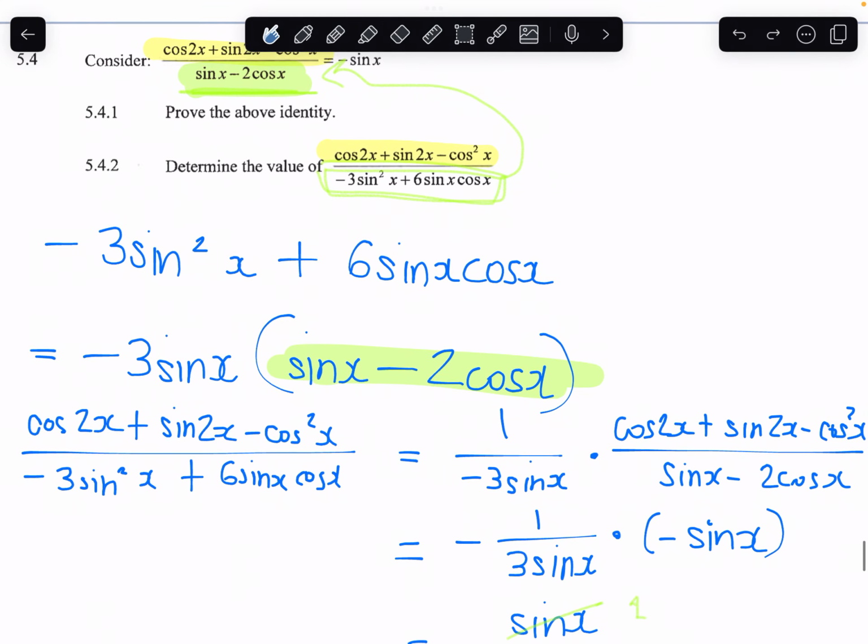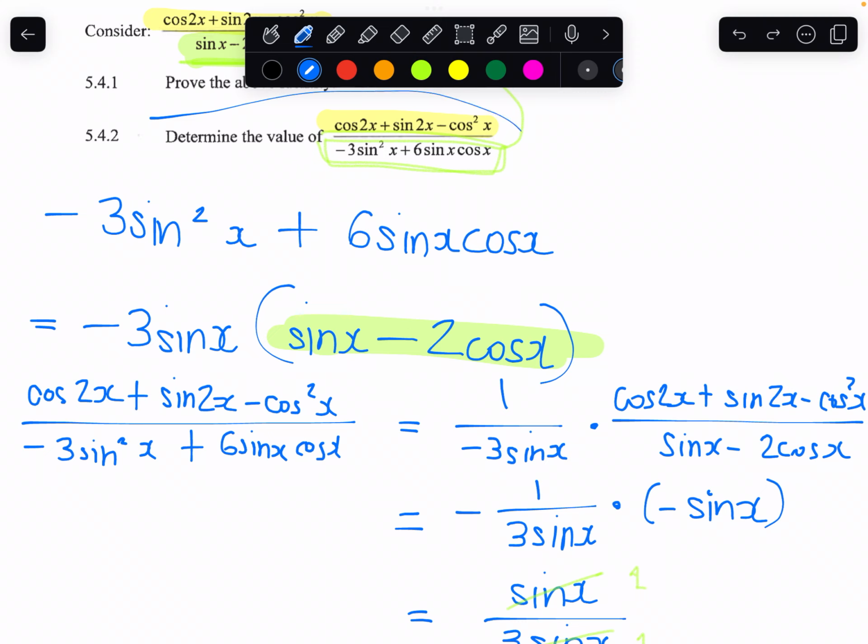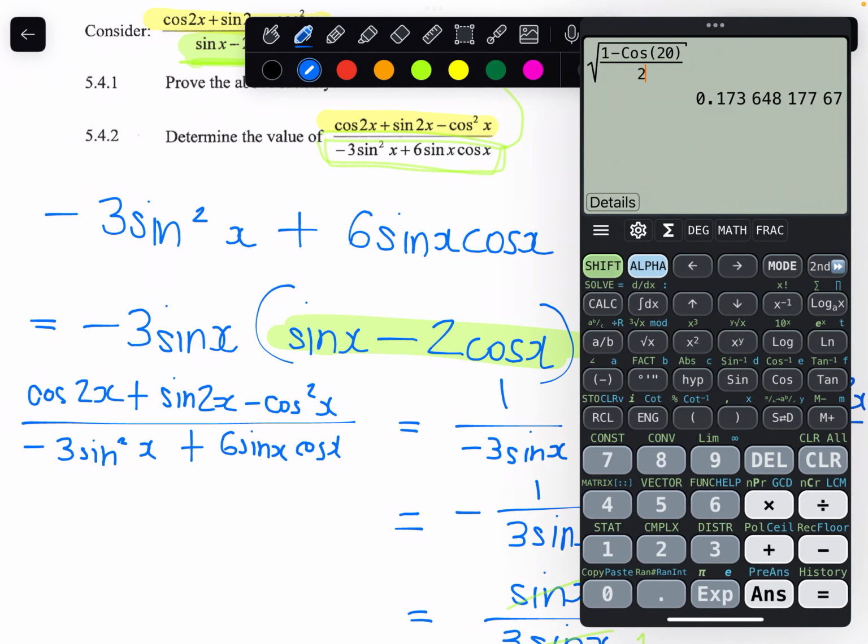In the same breath, what this question has proven is that if we choose almost any value of x, being careful of that division, and put it into this expression, we are always going to end up with a third. This is just so cool and I want to try it out. So let's choose x equal to 110. So we will then have